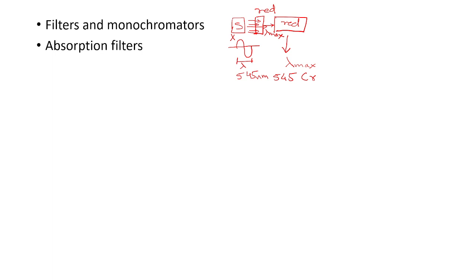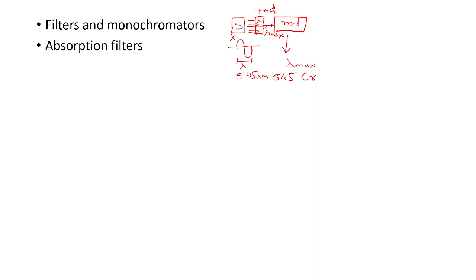A light filter is a device that allows light of required wavelength to pass but absorbs light of other wavelengths wholly or partially. Means here in the absorption filter, suppose you take a green color transparent paper. If you put it in front of the source, all the light will be stopped, only green colored light will be transferred further. So that is a good filter, and that is an absorption filter.